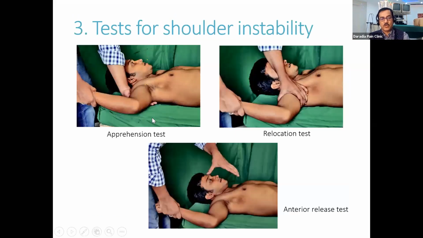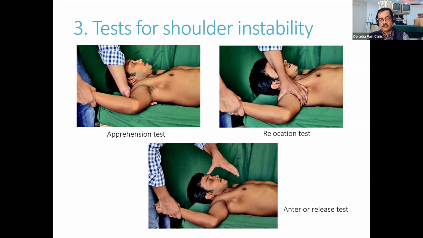So these are the rotator cuff tests. Then these are for shoulder joint instability, but also for pain, particularly the glenohumeral pathologies. So how to do it? I'll be showing you on the volunteer again. But the apprehension test is a similar kind of test, meaning 90-degree abduction and external rotation. So what will happen if you're pushing it from posteriorly, if there is instability, particularly of the joint capsule? The shoulder joint will dislocate anteriorly, and that is your apprehension. The patient will not allow it, because the patient knows that in that position the joint will dislocate. So this is called the apprehension test.